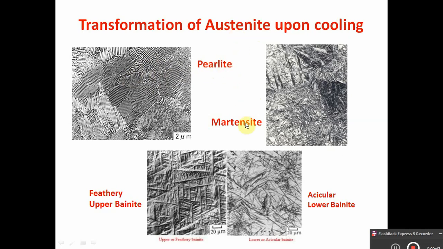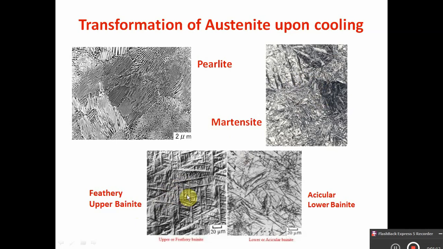Then upon very fast cooling rate, that is more than critical cooling rate, it will form a martensitic structure. So this is the microstructure of martensite. It shows a needle-like structure, and this is the bainitic structure with somewhat moderate cooling rate, not faster cooling rate as compared to critical cooling rate,